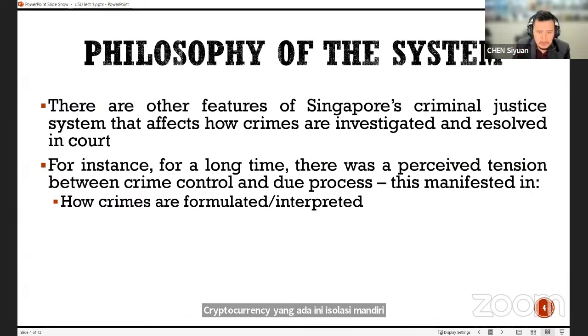So they didn't plan to kill the victim. They only planned to rob. So under our penal code, there's this provision that pertains to this idea of common intention. And what common intention allows the court or the prosecutor to do is to say that even though only one of the three persons intended to kill, you could catch all three of them with the same crime of killing. Okay, now over the years, how this idea has been interpreted by the courts has changed.